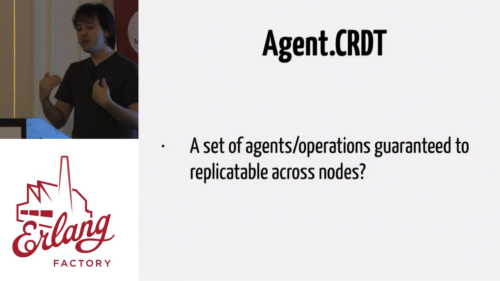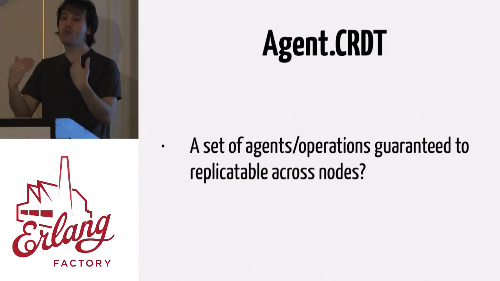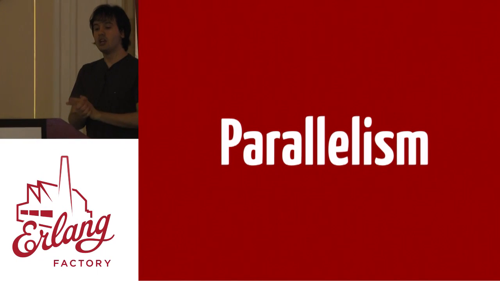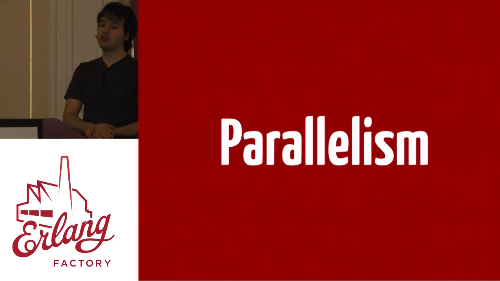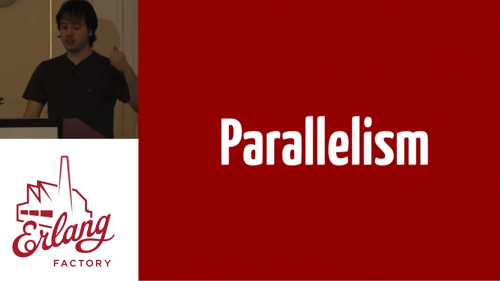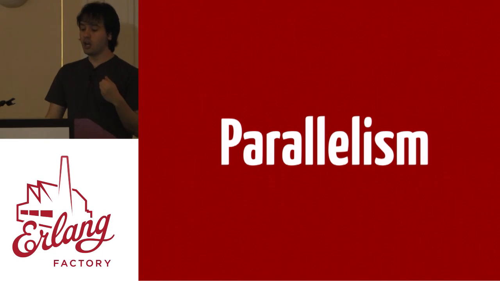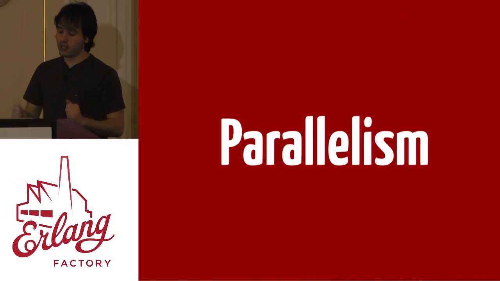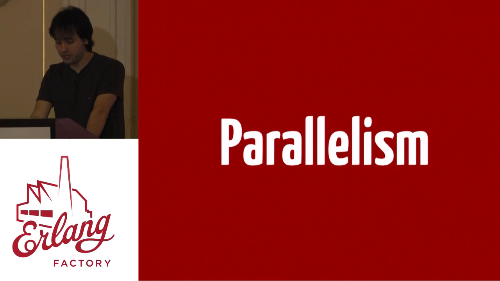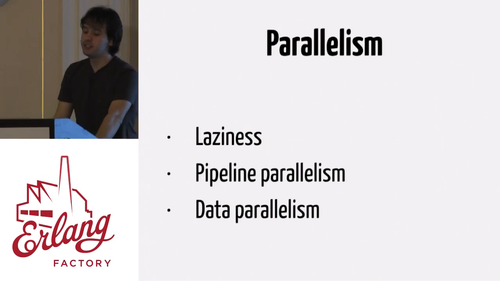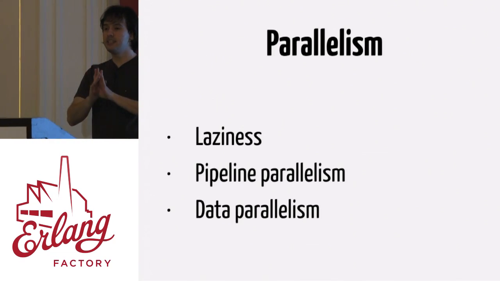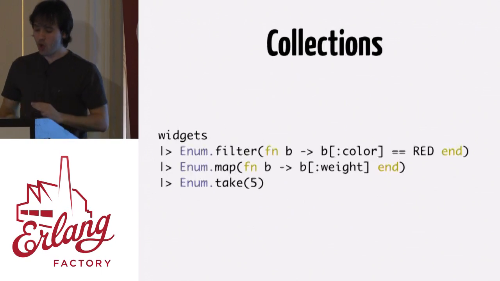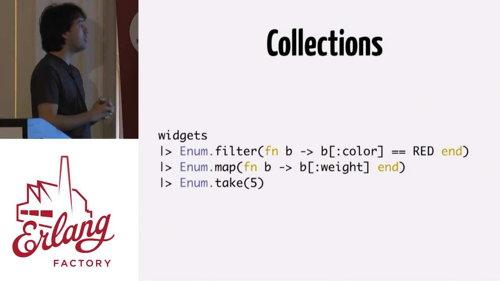And they're going to be really useful when we are talking more and more about parallelism, which is exactly what is coming next, okay? So this is going to be in Elixir 1.1 or 1.2, not the lattices or the CRDT stuff, but better constructs for doing parallelism. This is what we are putting a lot of effort into for upcoming Elixir versions, okay? And in order to talk about parallelism, we're going to talk about 3 things: laziness, pipeline parallelism, and data parallelism. So we talked about collections at the beginning of this talk, right?